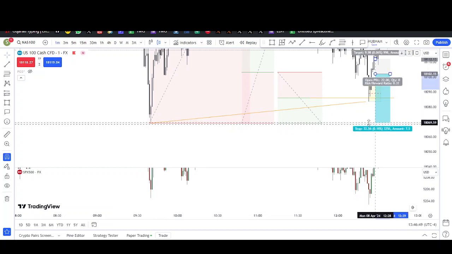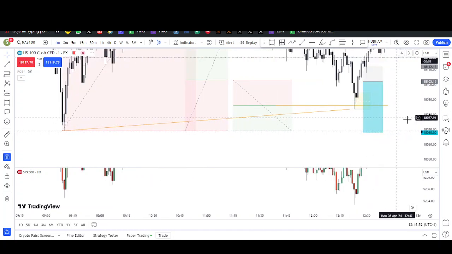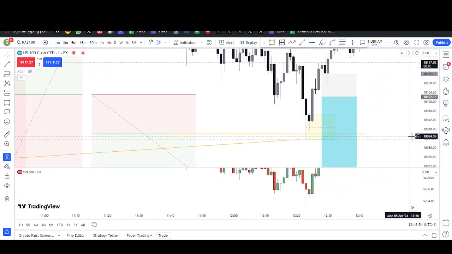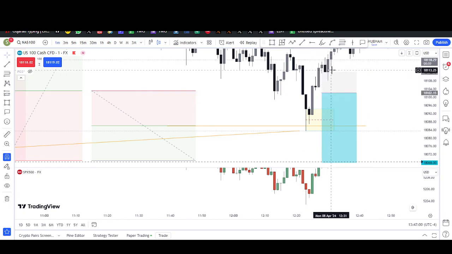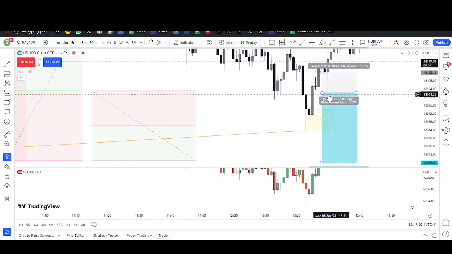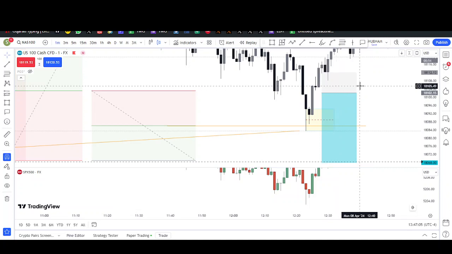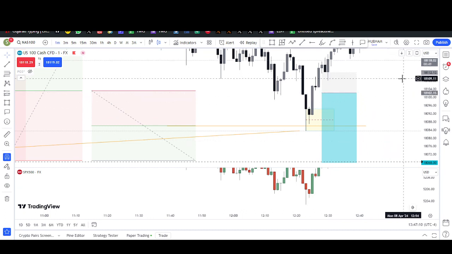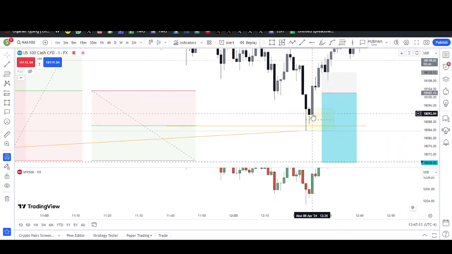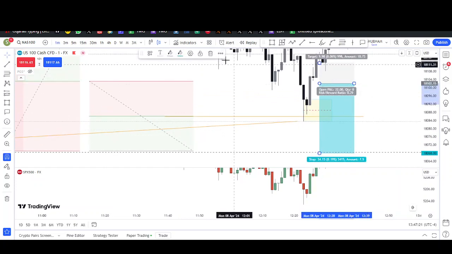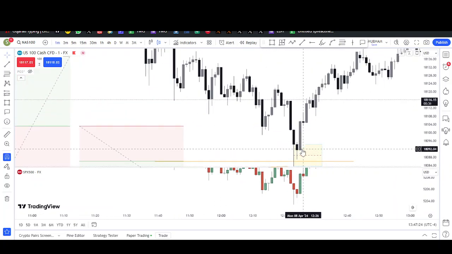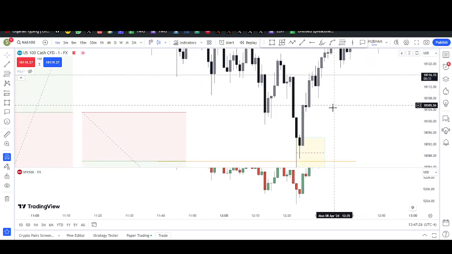My stop loss is initially at this low, but I will tell you one thing very frankly: when you are trading these entries, you don't place a stop loss. If I see any candle disrespecting bullish PD arrays and continuously making open high low close, which is against my bullish bias, then I will exit the trade. For bullish bias, I need candles doing open low high close. For example, if I entered here and this second candle closes below 50%, I'm out of the trade. I'm not going to wait to take this SL, right? It's quite clear. So I entered on the closing of this candle, and the second candle shot up.